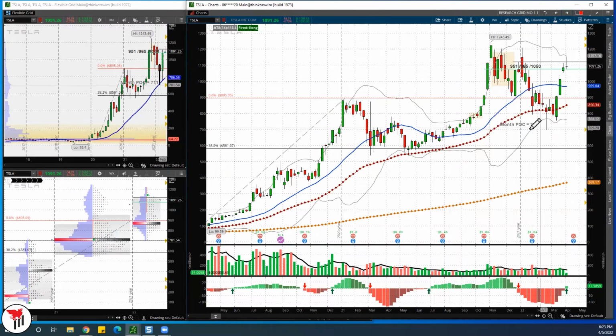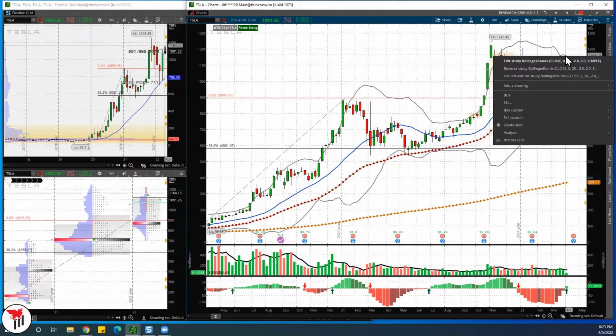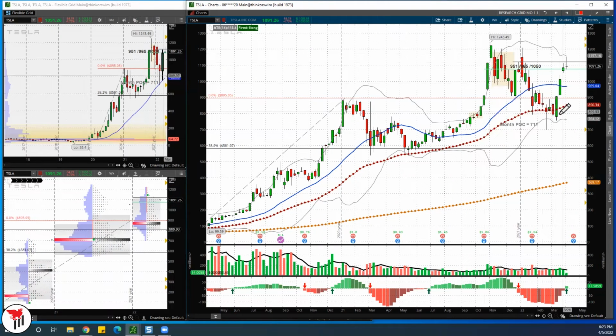And then we hit the monthly 711 right here. And then we go back here into, you guys know this one, that's a Bollinger Band, 2 standard deviations on one move from -2 to 2. A lot of people use this, guys. So if you want to know if you're a little bit too greedy on your longs, probably you went from -2 to 2. That's like 4 standard deviations you capture. Take some profits. That's what they did today.